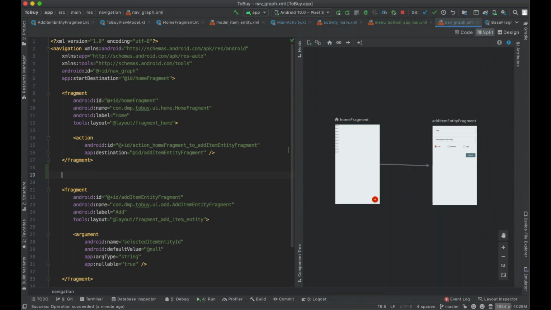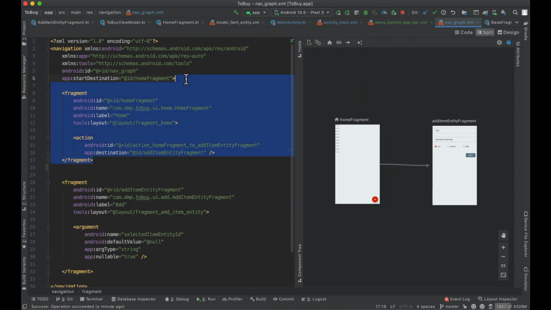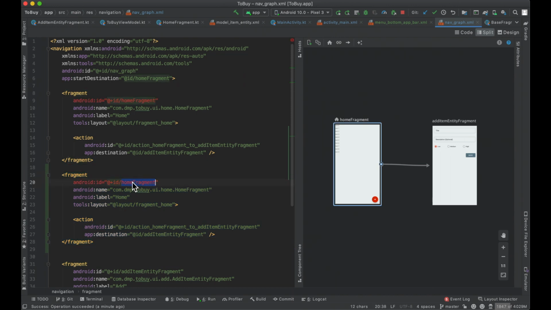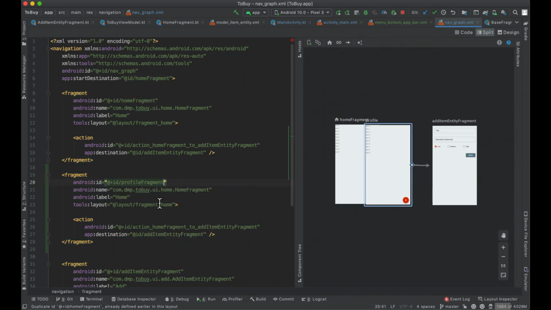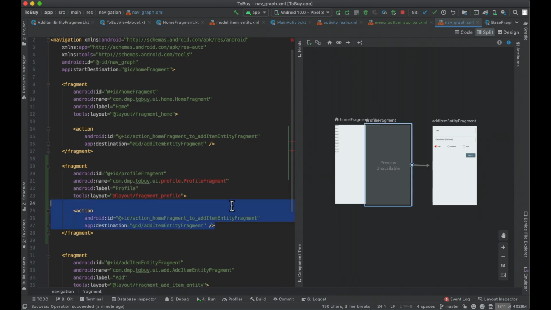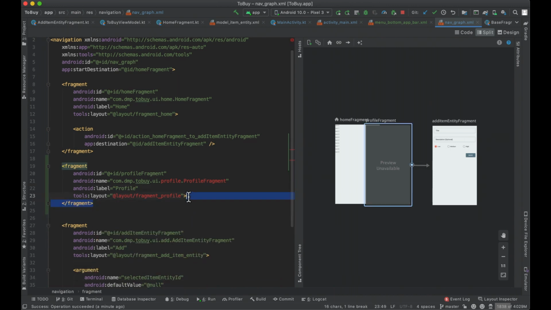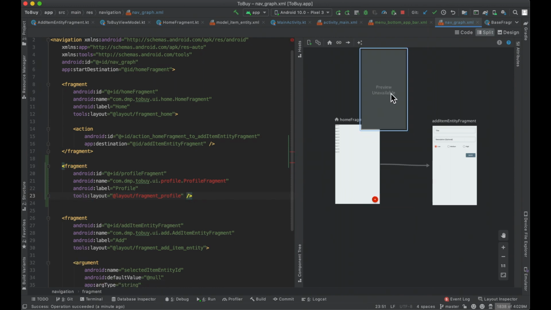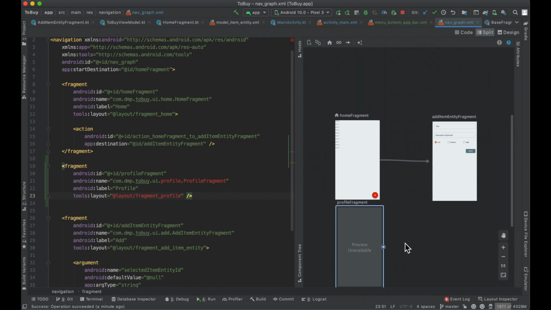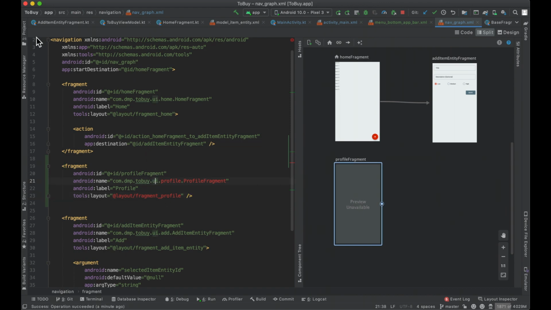So let's go ahead and create our profile fragment really quickly. I'm just going to go ahead and basically copy that. We're eventually going to call this fragment profile. Let's call this profile, and then I don't think we need an action at this moment, so we're just going to do that. We can move this guy around a little bit here,